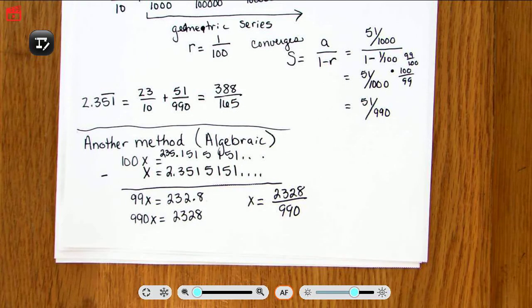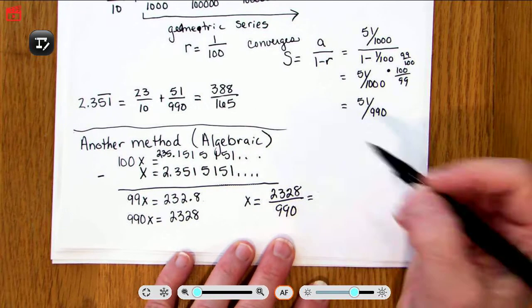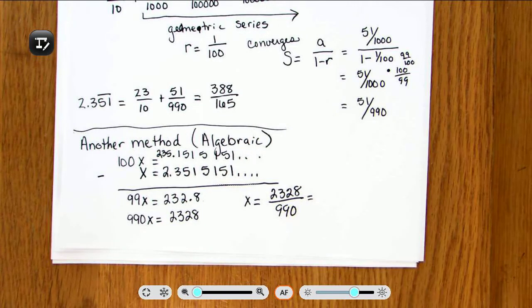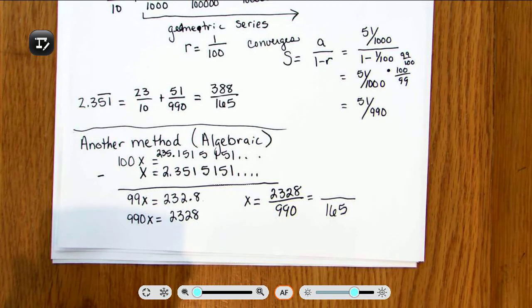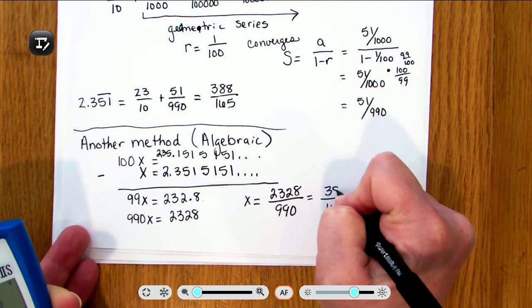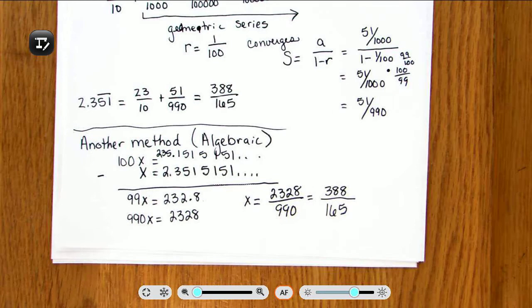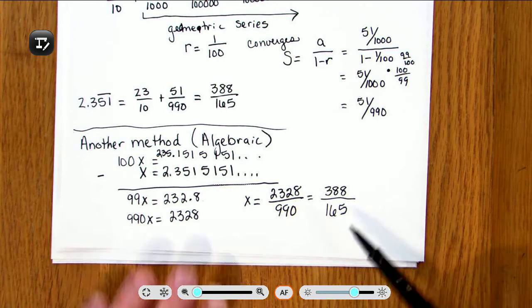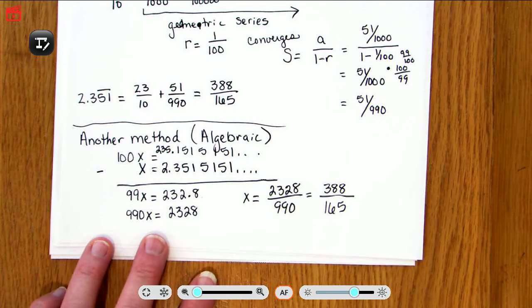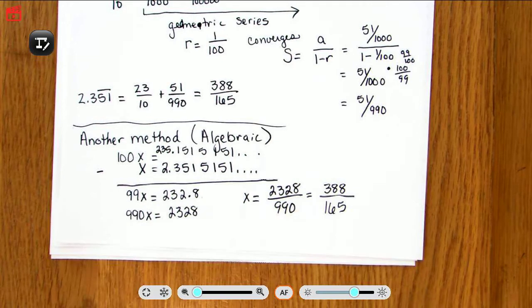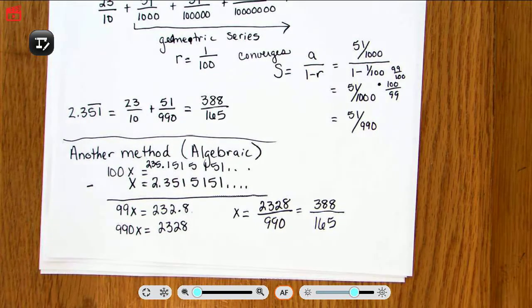I get this, and we can reduce this. You will notice that there is some nice numbers in both of them, namely the number 6. In fact, there's actually a 2 in both. I would have started with that. And we end up getting the exact same result. This one is sometimes taught in algebra classes because it is a nice way of using 2 equations to find that answer. But we can reaffirm it as well with the